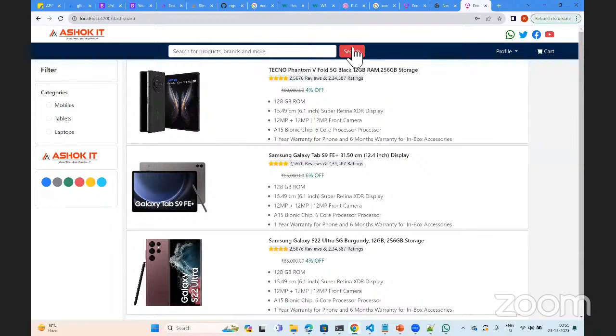I have given one alert, which tells us you have logged into the application. Is my screen visible? I am now on the dashboard page.